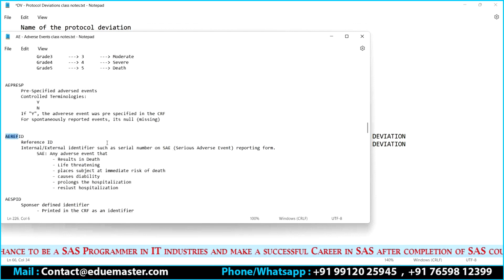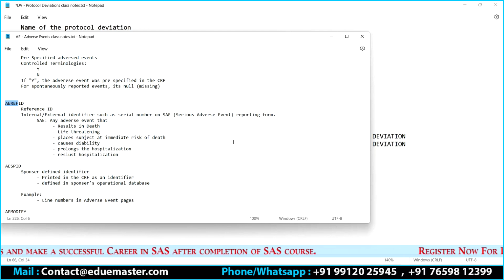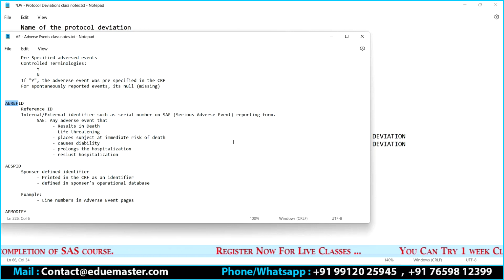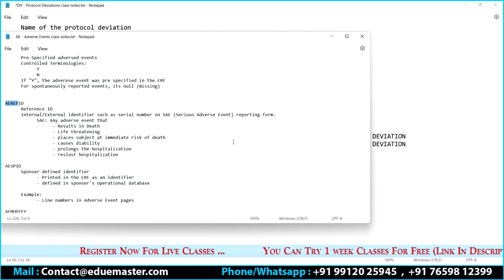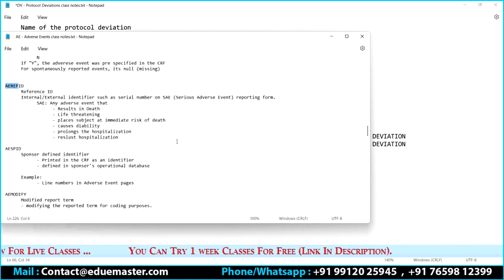Here it is. Reference ID, internal or external identifier, such as a serial number on your serious adverse event. There it is an adverse event that you are going to write. Here, any reference thing, either results in death, life-threatening, all this. Almost the same thing you are going to use here as well. Okay, then